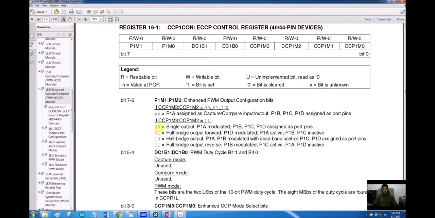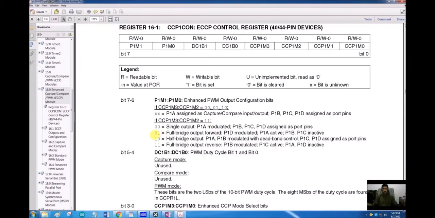If we set these bits to 0, 0, our ECCP module will be configured in regular mode. Only the P1A pin will be modulated. There will be a single output, and the rest of the 3 pins will be used as regular port pins. So 0, 0 is just the regular mode of the ECCP module. Only one output will be generated.